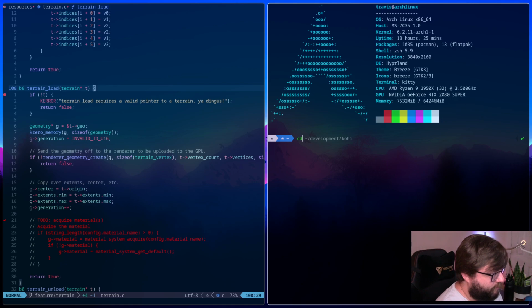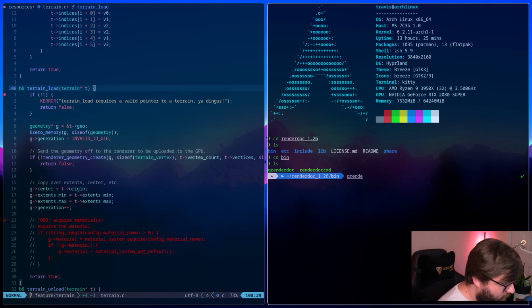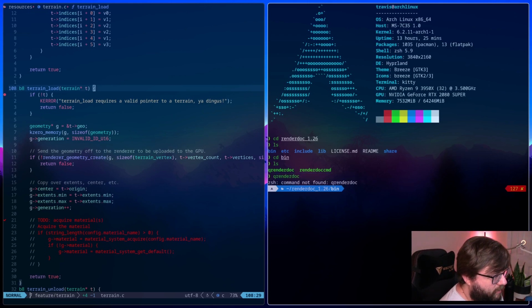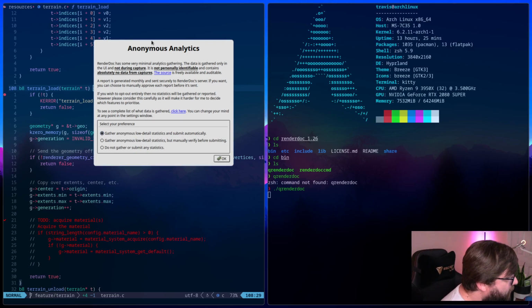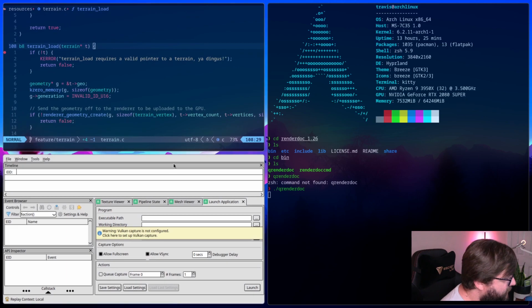I placed RenderDoc here. Let's see, we have a bin and then qrenderdoc. Wow, it's like we're literally right there, you dingus. Okay. I don't want to submit any statistics.